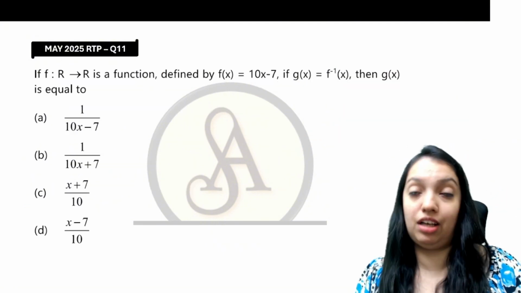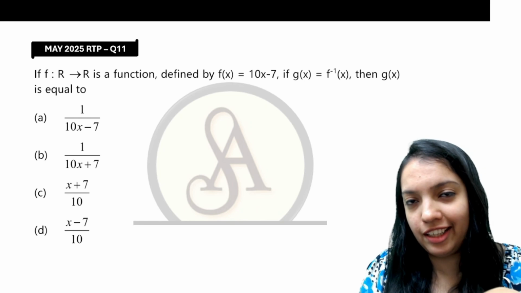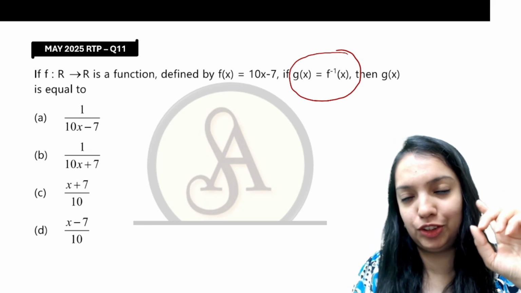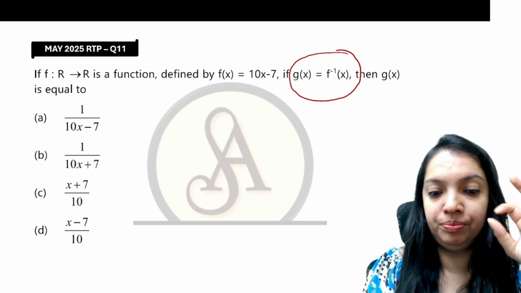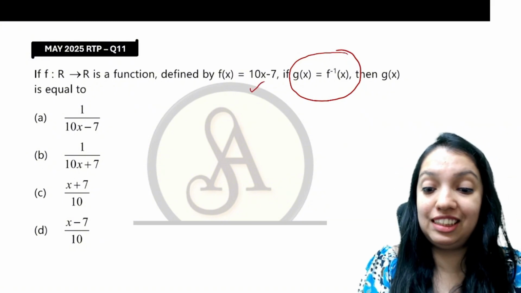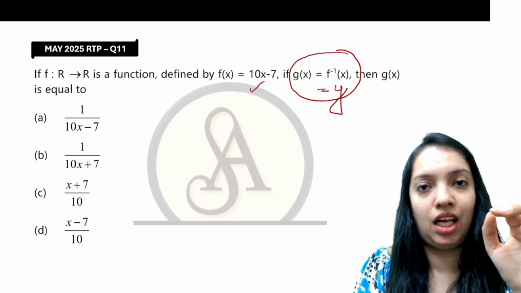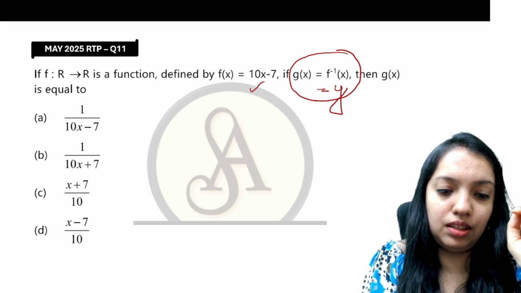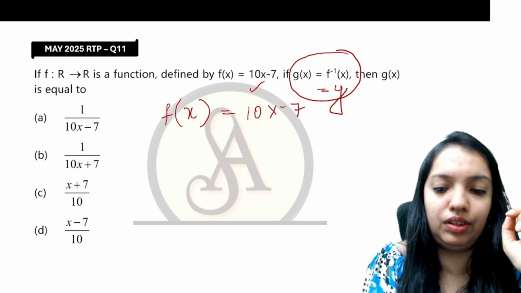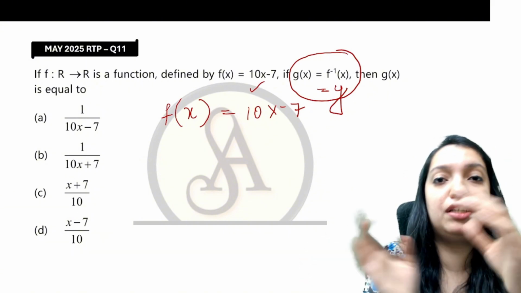Next one is from functions. One topic which students generally hate in functions is inverse function, and this question is regarding inverse function. So there are two steps to solve inverse function. First step, if f of x is equal to 10x minus 7, g of x is the inverse function. If we assume g of x is equal to y, now this means the function is 10x minus 7, and the inverse function of this will become, wherever there is x replaced with y, wherever there is